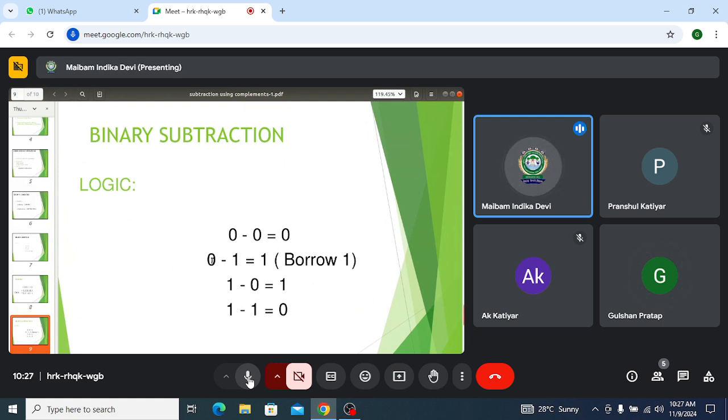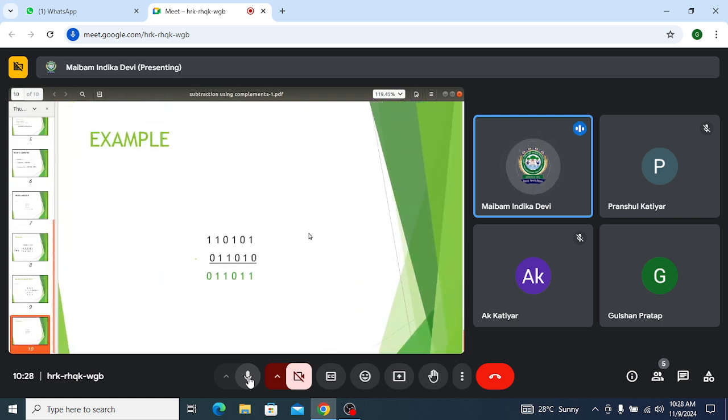Okay, so similarly, when you are trying to subtract a 1 from a 0, this is bigger than this. So you cannot subtract 1 from a 0. So you assume that you have borrowed a 1. So it will be 1 and 0. 1 and 0 is 2. Okay, so 2 minus 1 is 1. Since you have borrowed, it signifies you have borrowed a 1. So we then borrow. So this borrow will again be given back later on. Clear? So let's see an example out here.